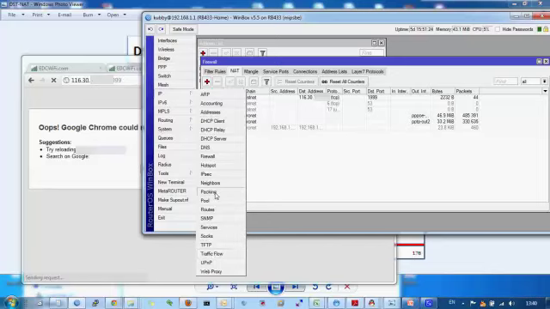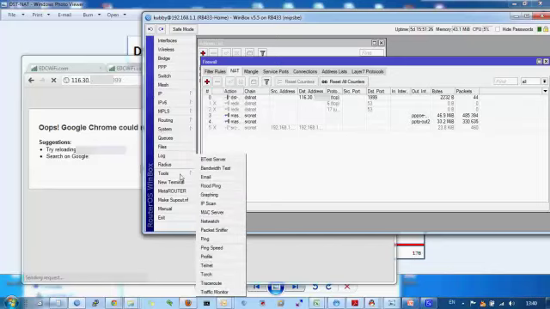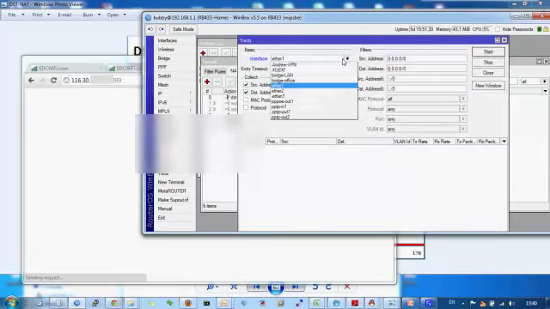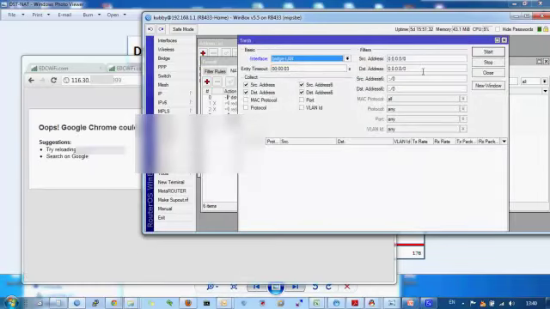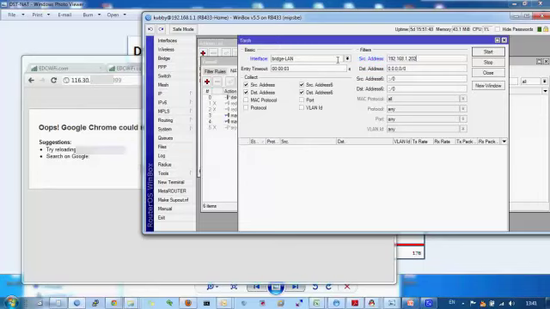I will try to see the problem using Torch. I will use two tools, Torch and then my page, and I will see the packets using the source address, which is our IP camera IP address. I don't need IPv6. I want to see start, and I will increase the time.